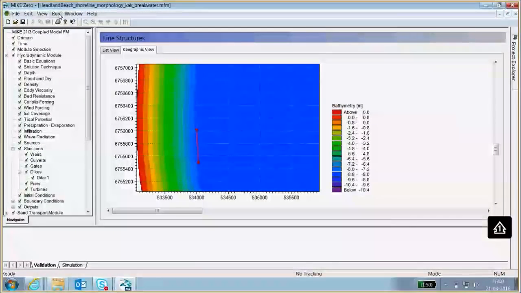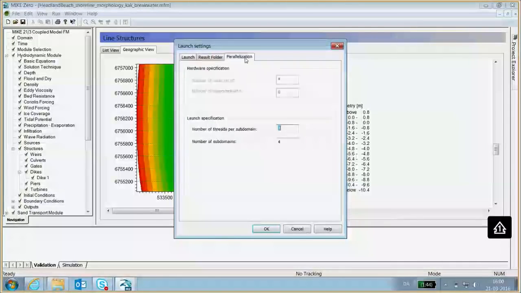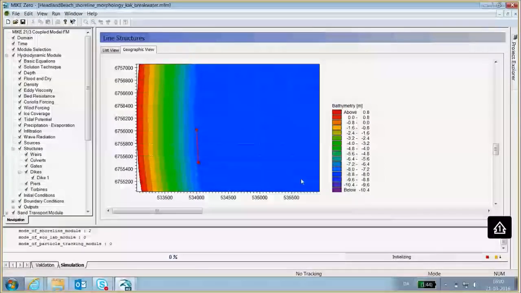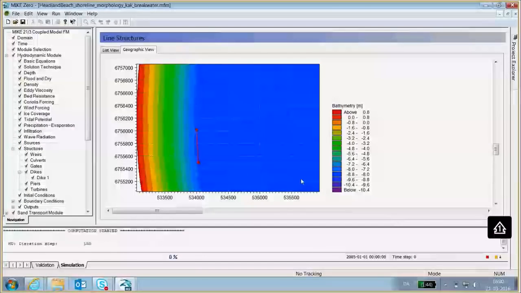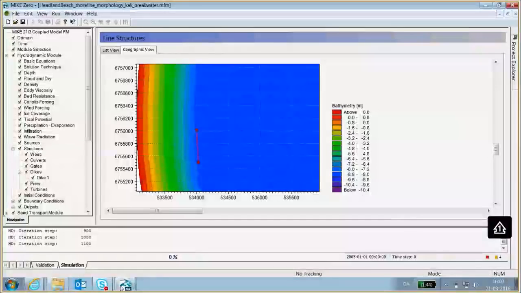Press save, and then we'll run that model and see what the effect of our offshore breakwater is. So again, this is going to take approximately 15 minutes to run. So we're not going to be bored with that, so we'll fast forward.